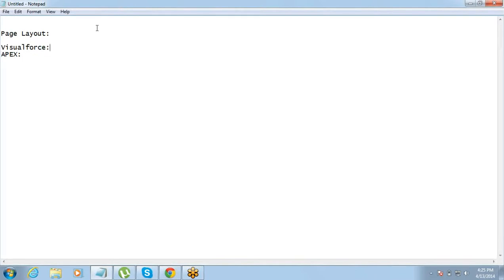As I said earlier, Visualforce is basically a markup language, used for designing interfaces. Okay, and it's similar to HTML. In case you have not worked on HTML prior to this, you should go to w3schools.com and spend 2-3 hours there. It should be good enough. You will get an understanding of how HTML tags are used.